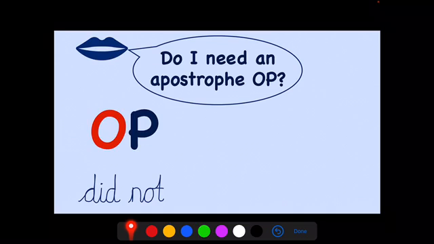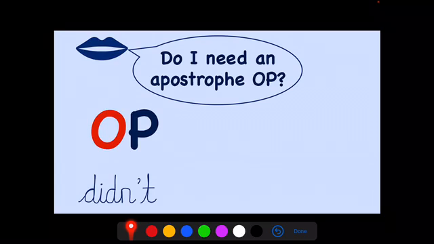Well, first of all, we omit the space between the words, and then we omit the vowel here. And that is where we will put the apostrophe. So did not becomes